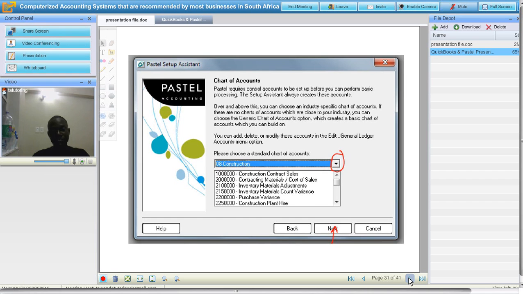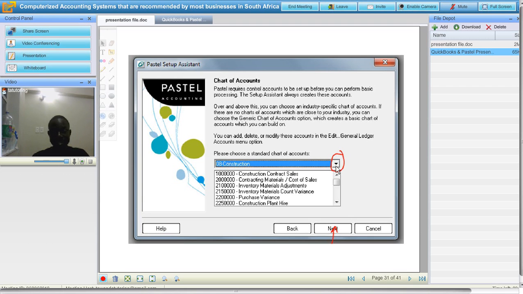Now you have to choose the industry according to your business plan. As I've said earlier, in QuickBooks we chose an industry, but where you choose the industry is different. Now you actually click on the drop down menu. It gives you most of the industries that are there. Then you choose an industry.